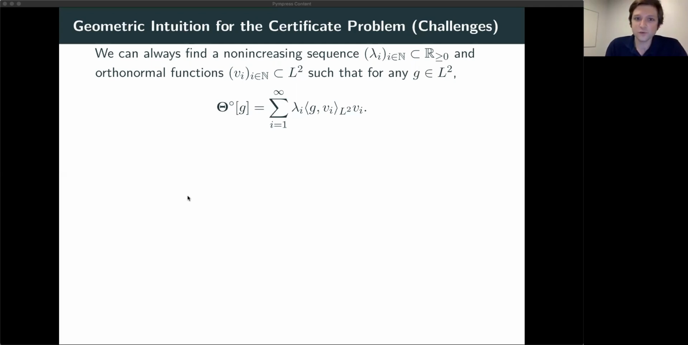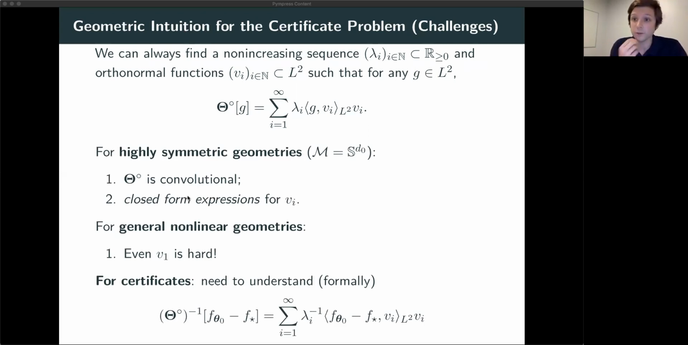And we'd just like to use properties of these eigenfunctions and eigenvalues in order to figure out how the solution of the integral equation, the certificate problem, should behave. What's challenging in this setting, so what you do normally, and what has been done to great effect in the